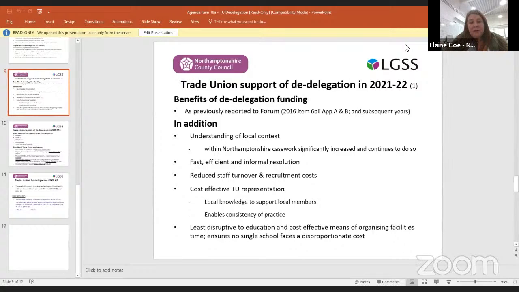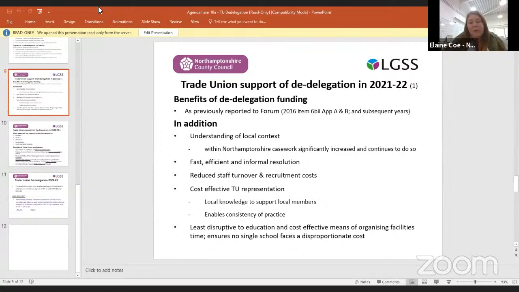We deal with the casework. Now, that obviously means that we represent our members in disciplinaries or in absence meetings and in grievances. But one of the things that we do as part of our role is, because we've got those local connections, we'll often get phoned by head teachers, for example, or other teachers who aren't even our members, in advance of them worrying about something that might get out of hand, and we're able to intervene at an early level, often